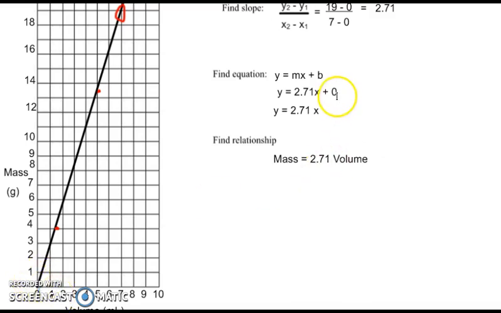Boy, my life got easy. And so I didn't have to solve for b. I'm looking at it and I know what b is. And then here is my equation. Find the relationship. This is where I plug in, well, what is y? It is mass. What is x? It's volume. So what does this tell me? No matter what the volume is, I'm going to multiply it by 2.71, and that's going to be my mass. So if my volume is 1 down here, my mass is about 2.71, and look at it. That's what that tells me, and that is